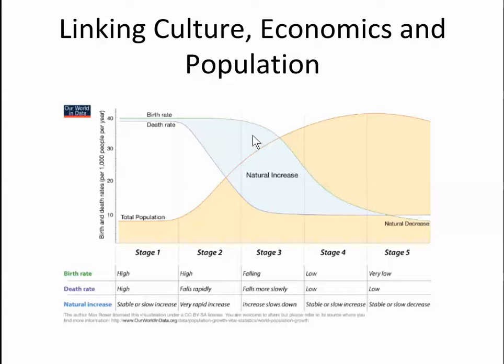What I want to point out is that really no country in the world is in stage 1, and very few countries are beginning to enter into this part of stage 5. Now, why does it happen? Well, what many people have argued is that this first stage is essentially a pre-industrial agrarian stage. And it's actually even before what we would consider the agricultural developments of the latter part of the 1700s.